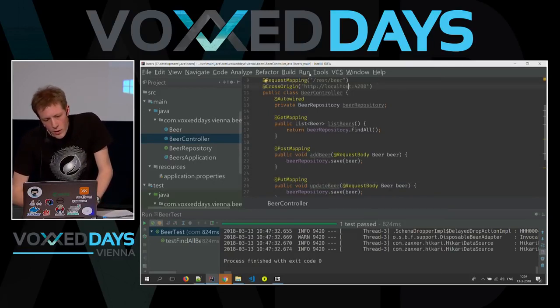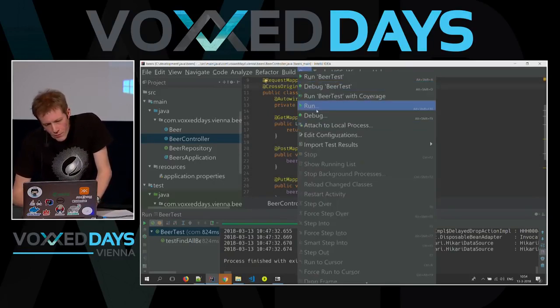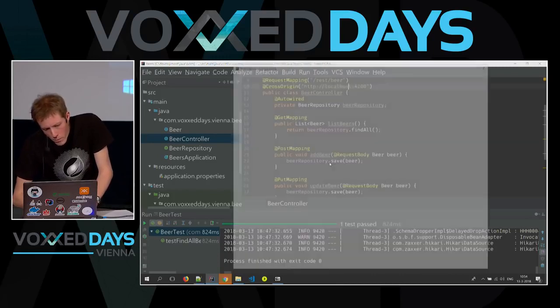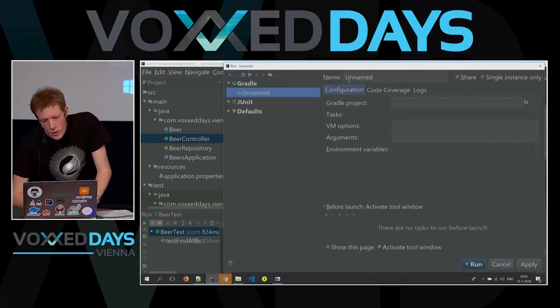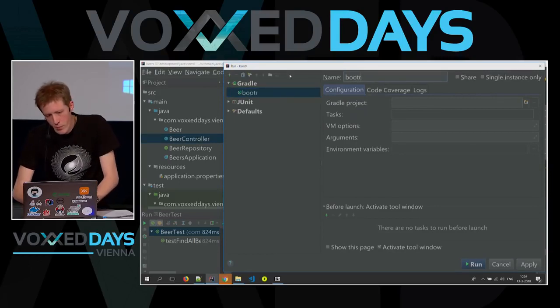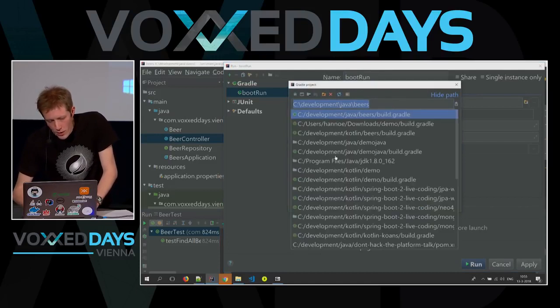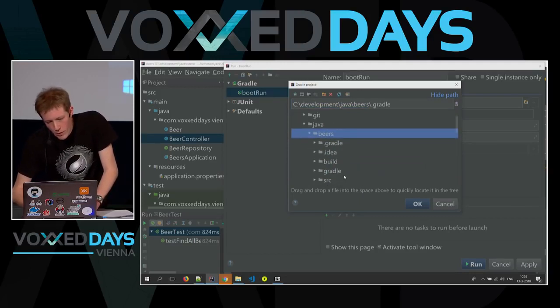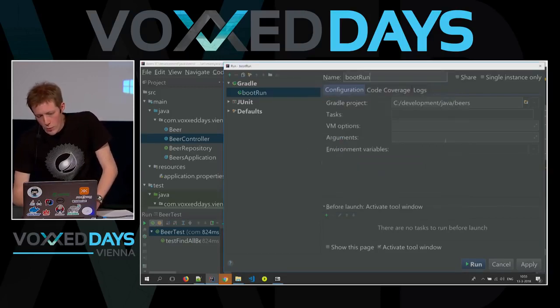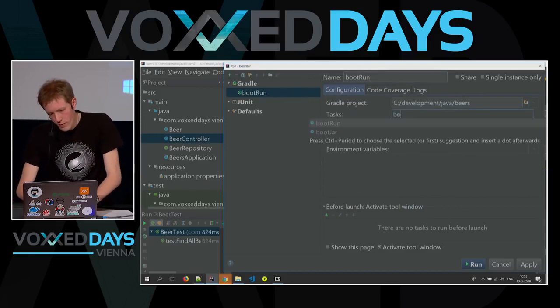Just need to create a run configuration. So let's add a Gradle one. Let's call it boot run, because that's the Gradle task that will create a jar file and run it. This is the project that we're using right now, so this project, and let's call it boot run.